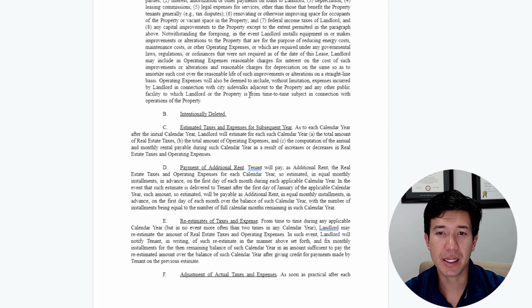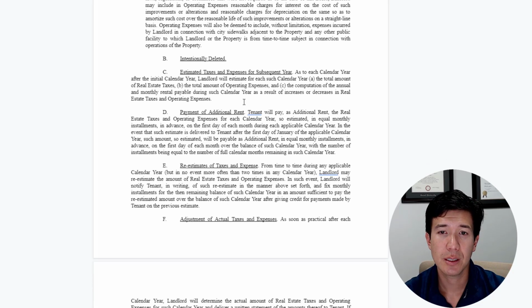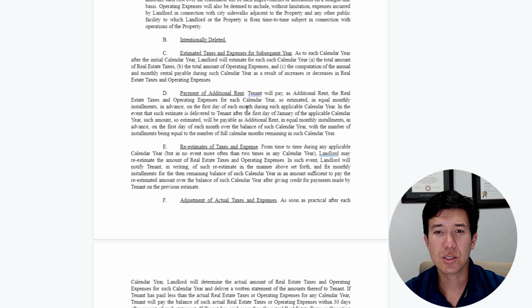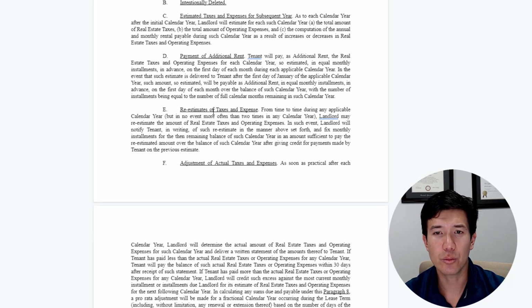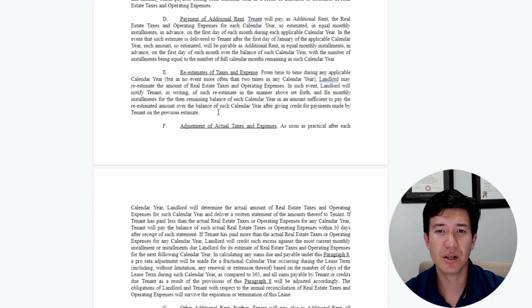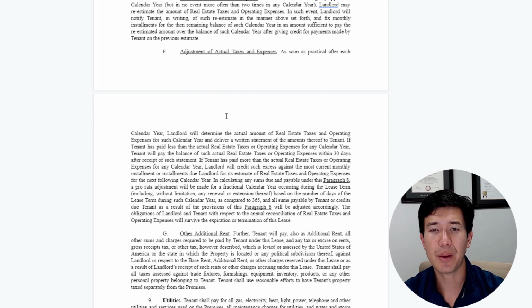So it's in your interest to really just be very clear on these sections, because I see probably 70% of the disputes have to do with CAM and OPEX chargebacks for a triple net lease. That's probably 70% of the disputes. Estimated taxes, again, just make sure you have a mechanism for a re-estimate, maybe an audit. That's very common, but you want to make sure the tenant pays those costs.